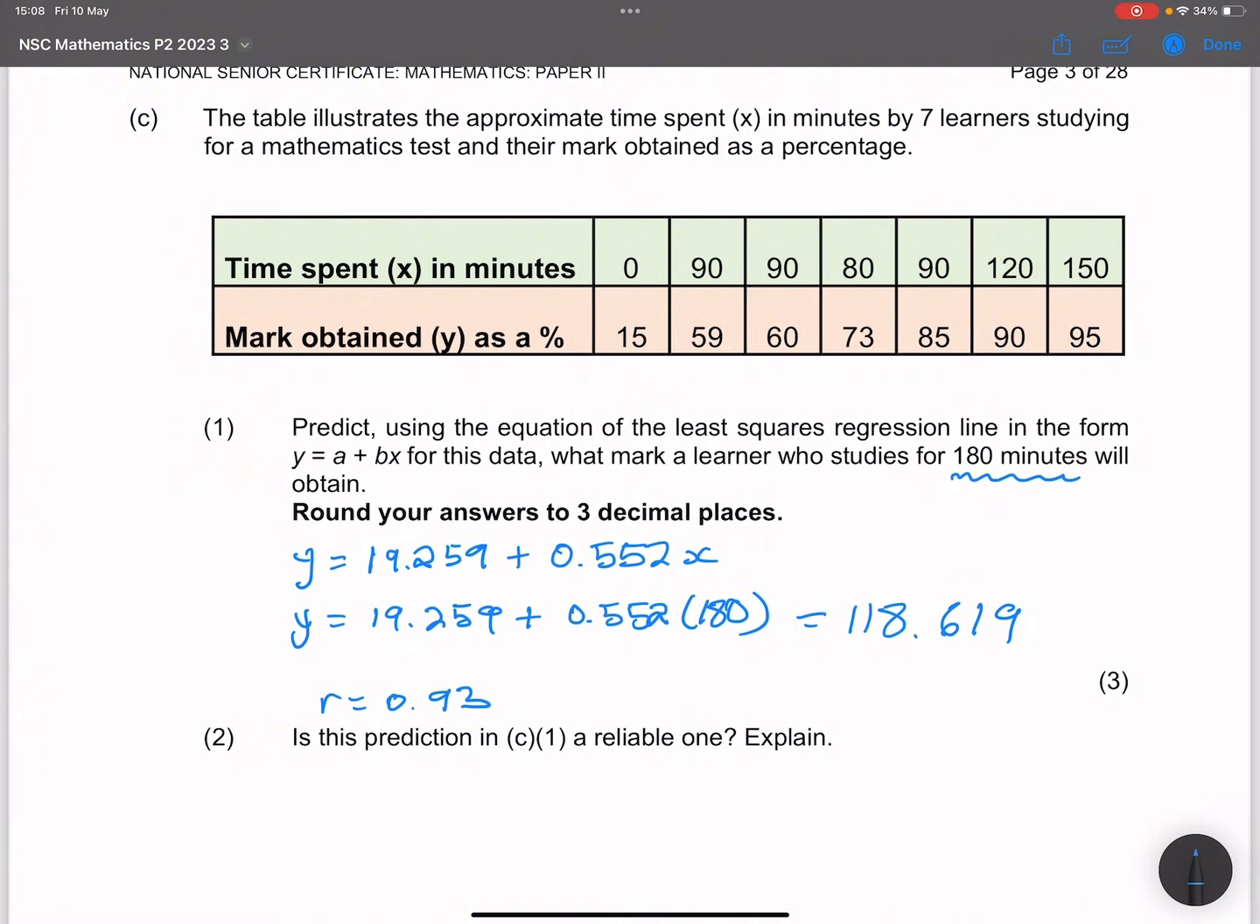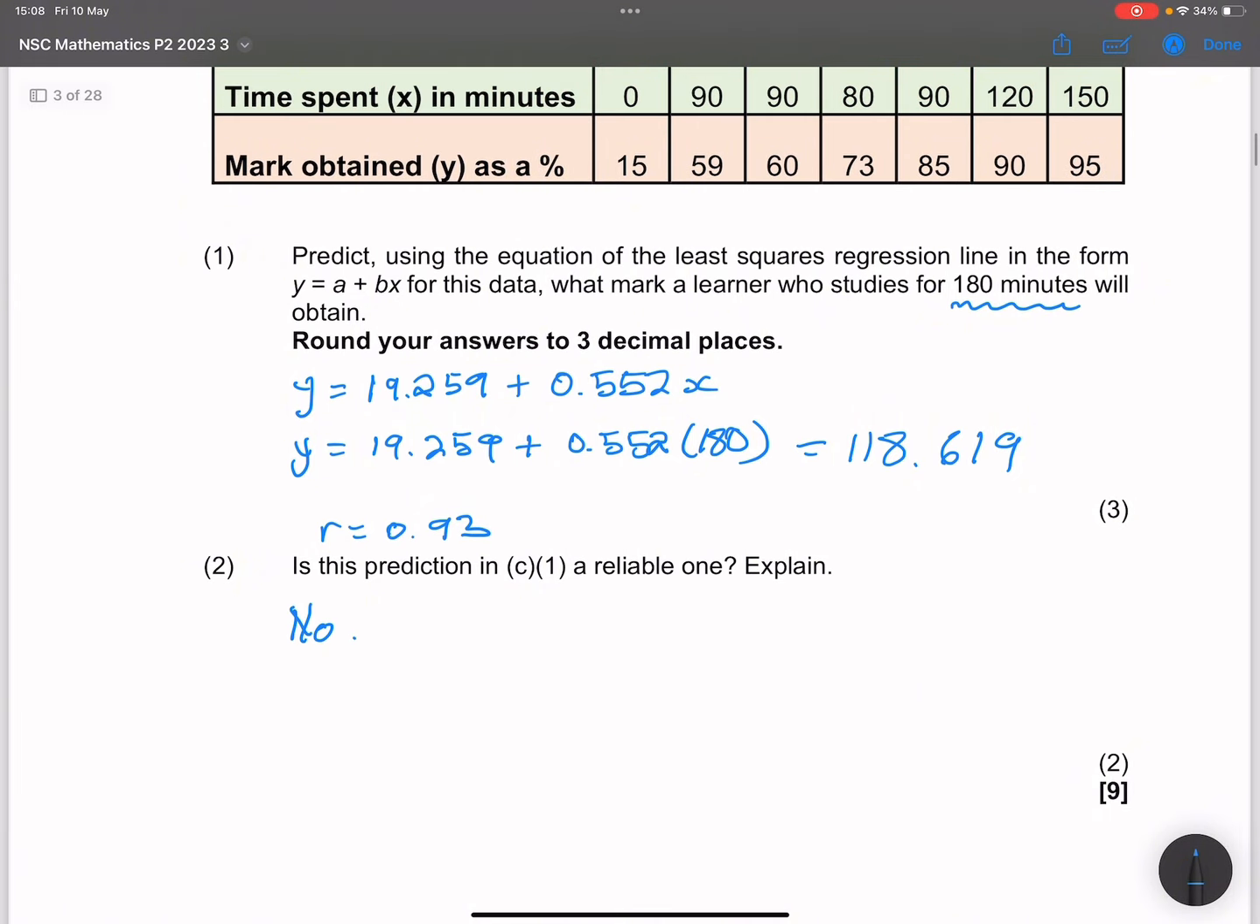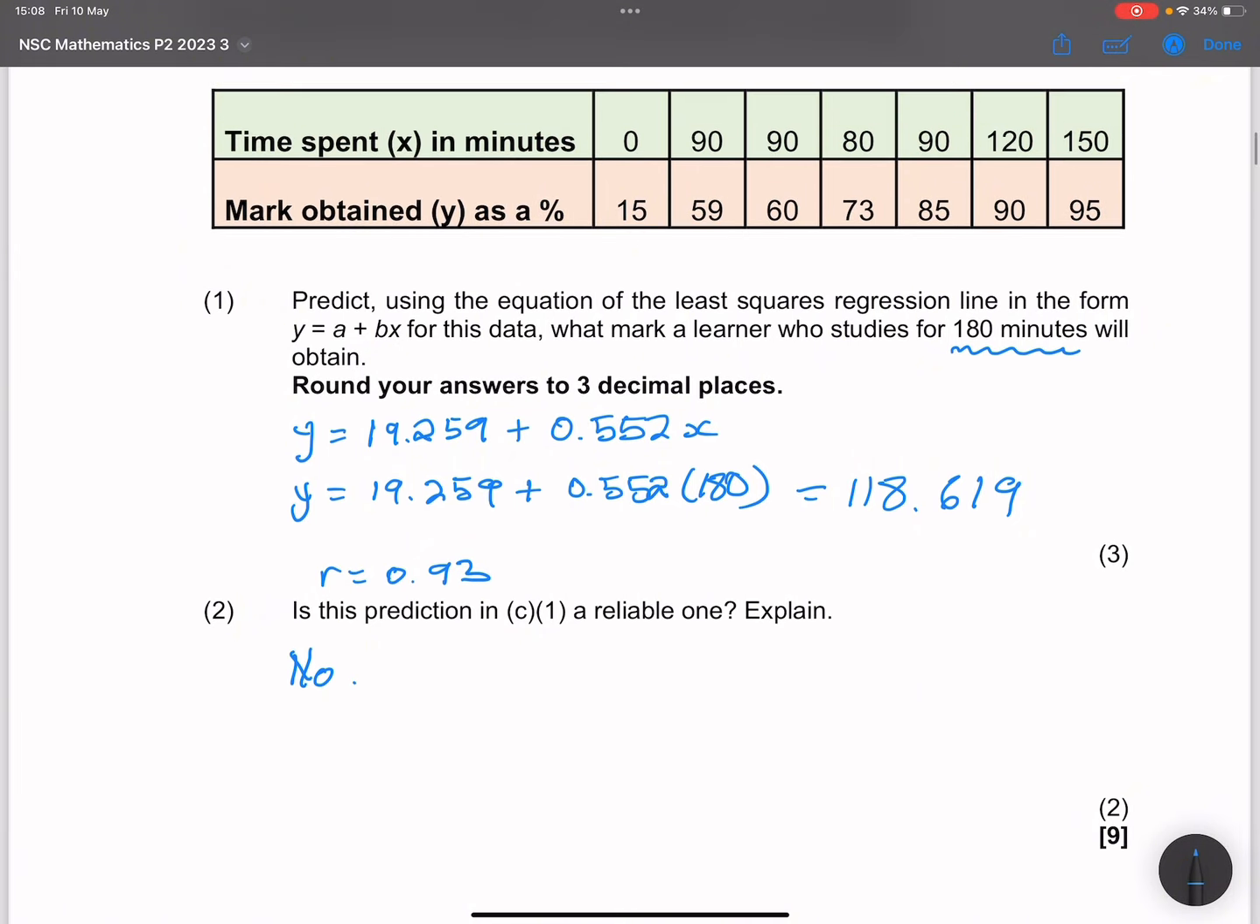And they say, is the prediction in C1 a reliable one? And you need to explain. Well, I don't think so. No, it wouldn't be a reliable one. Firstly, you can't get a mark that is more than 100%. So what it implies is that a learner studying